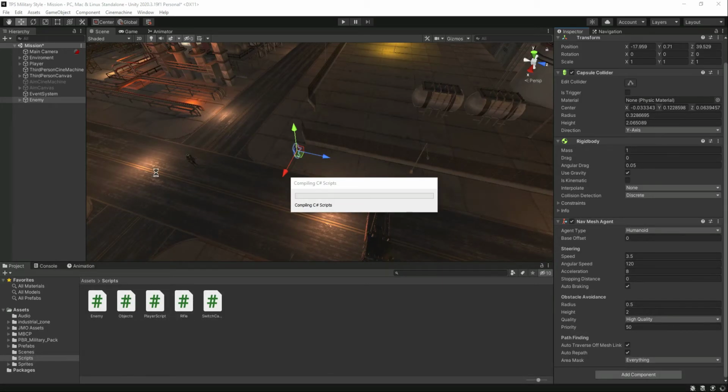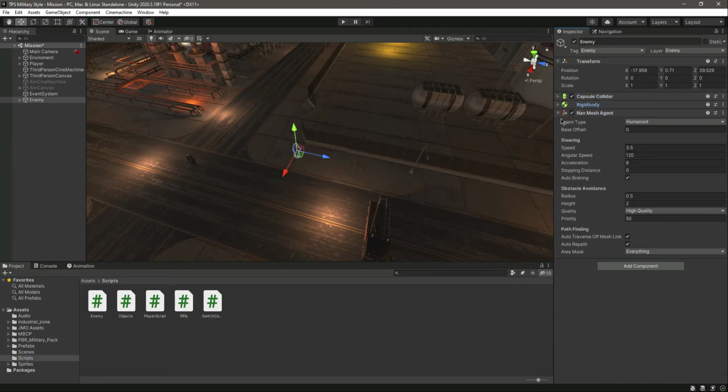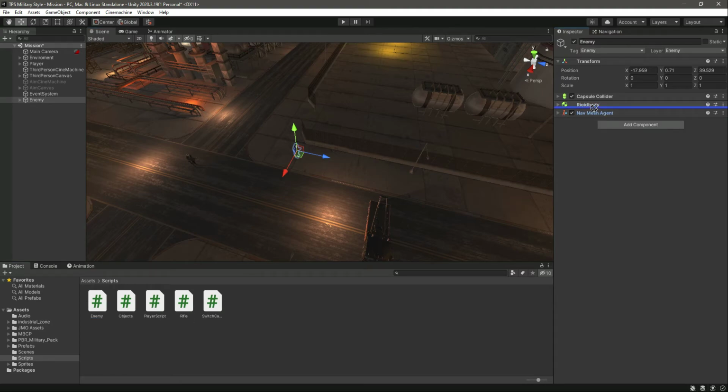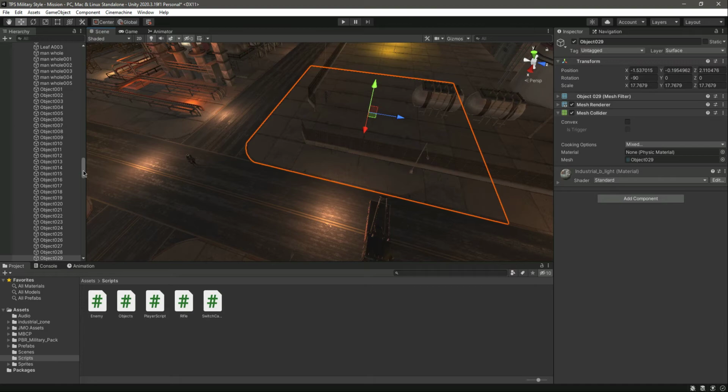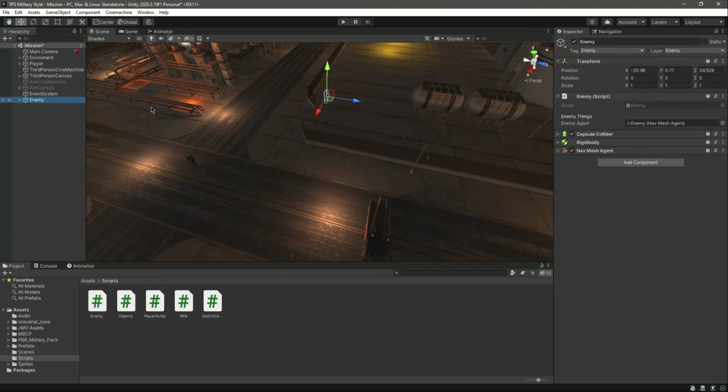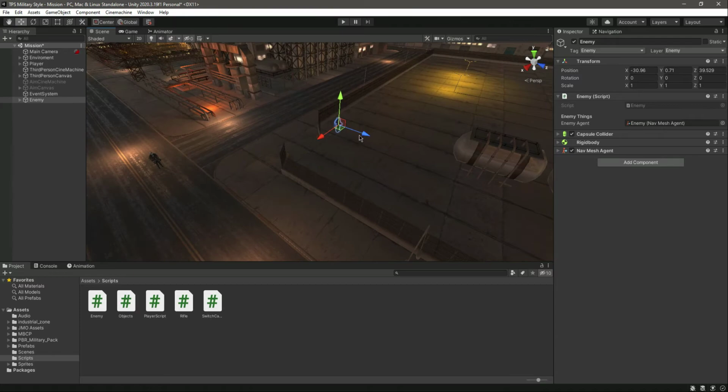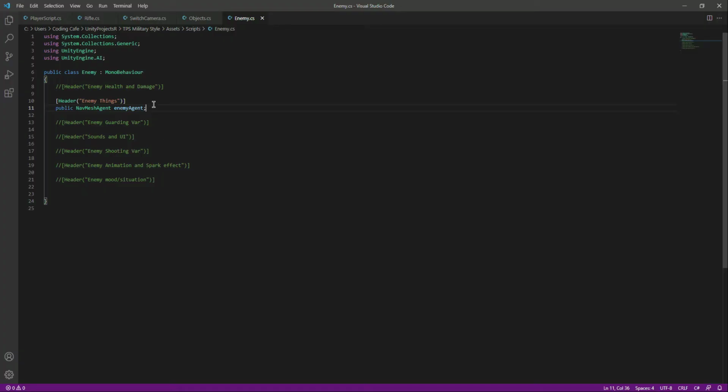Save the script, go back, and let me minimize all of that. Let's add the enemy script there. As you can see, it needs the nav mesh agent, so we will assign the nav mesh agent, and let's move this player in there. Okay, this enemy character, let's move it inside there, and he will guard from here to there. Okay, so we will just add that, but for now get back right here in the script, and let's remove